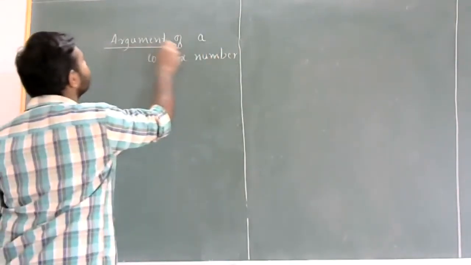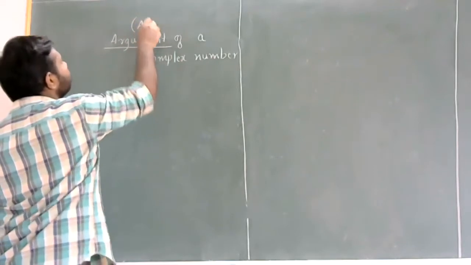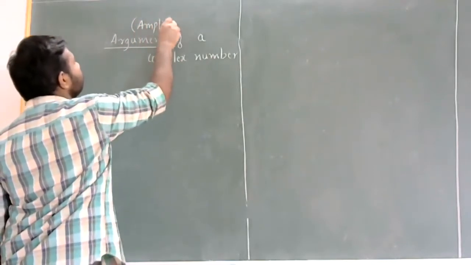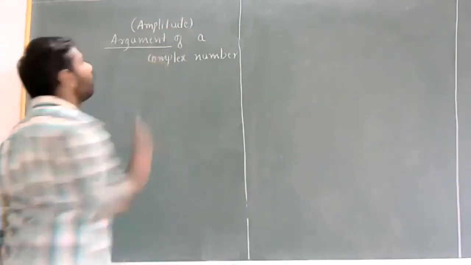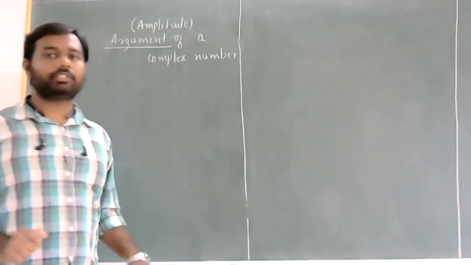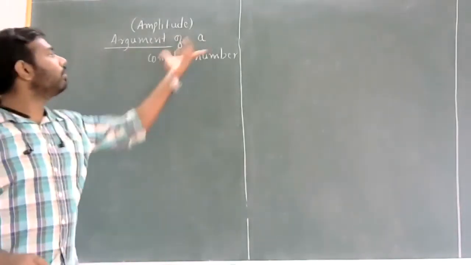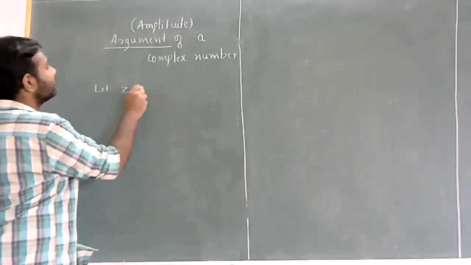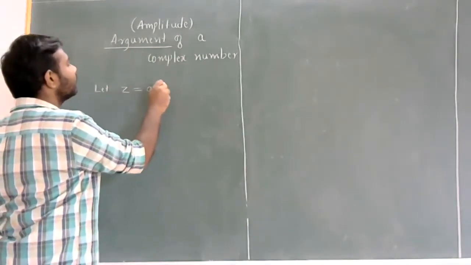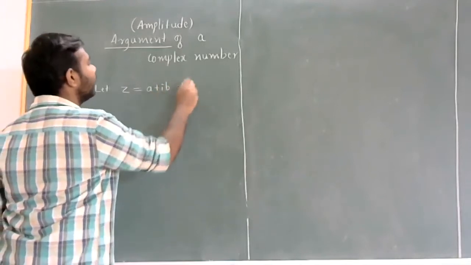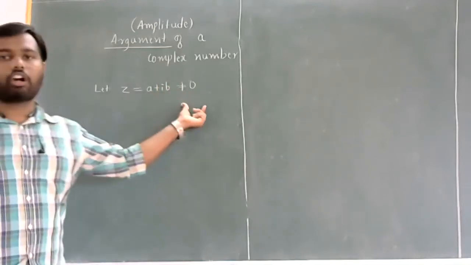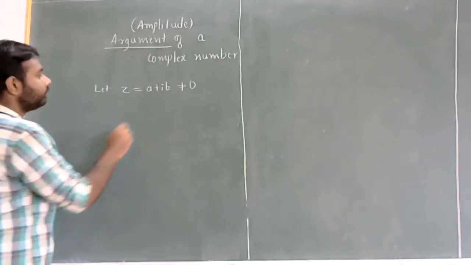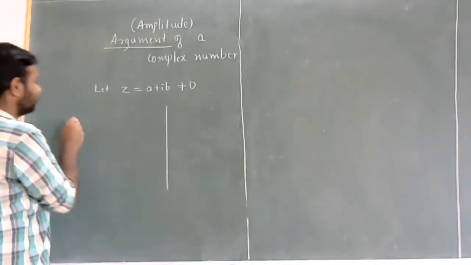Where argument is also called amplitude. Argument of a complex number means, if Z is equal to A plus IB is any non-zero complex number, then